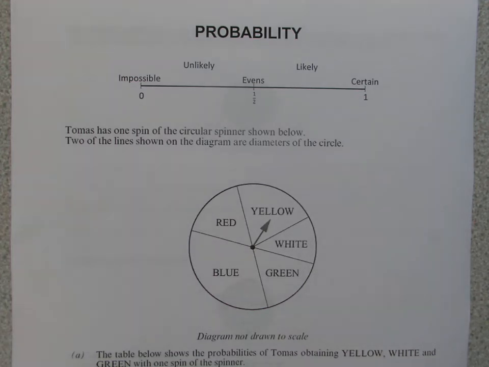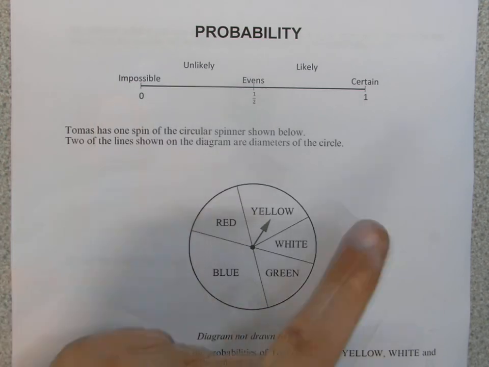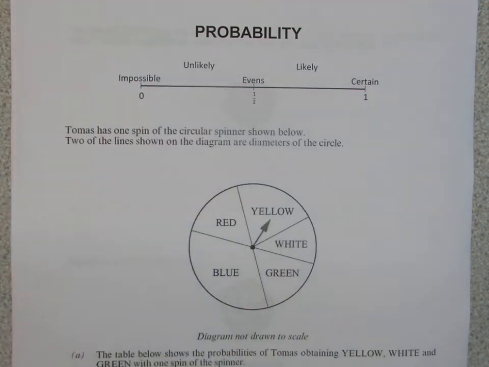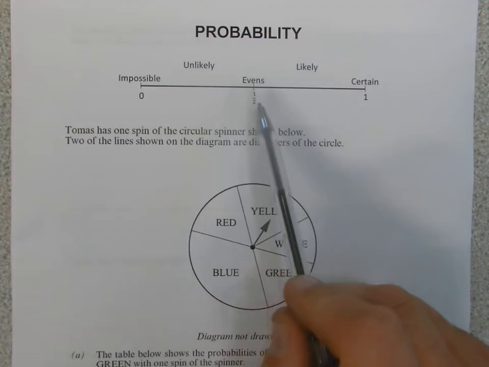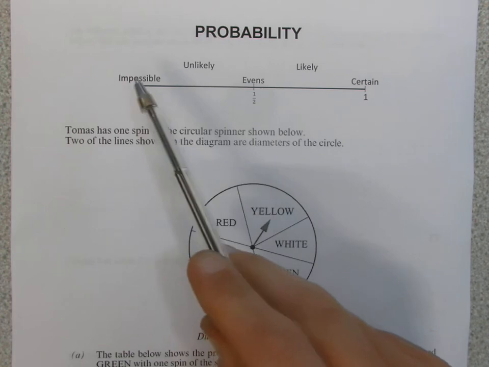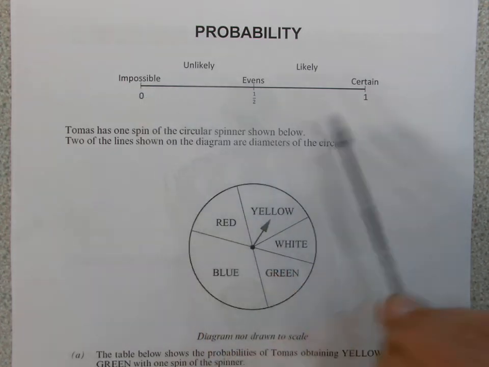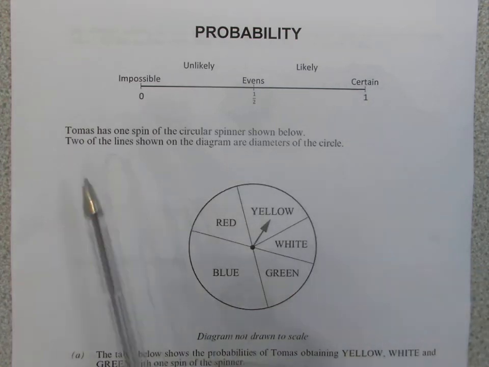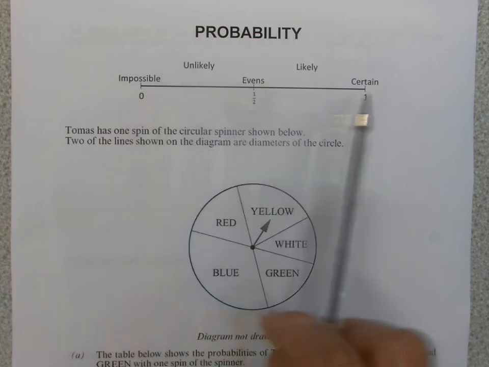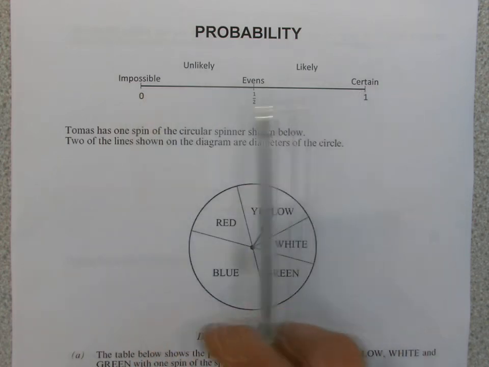Okay, probability. With probability we have a scale ranging from impossible to certain, and in the middle we have evens. We've got an even chance, a 1 in 2 chance of something occurring. So impossible, we describe the probability as being 0, whereas if the event is certain to happen, it would be 1. So you've got a scale ranging from 0 to 1, 0 impossible, 1 certain, and then anything in